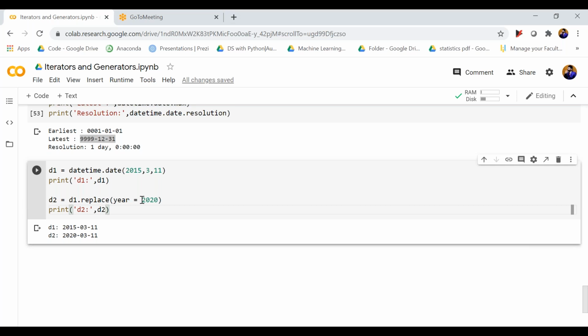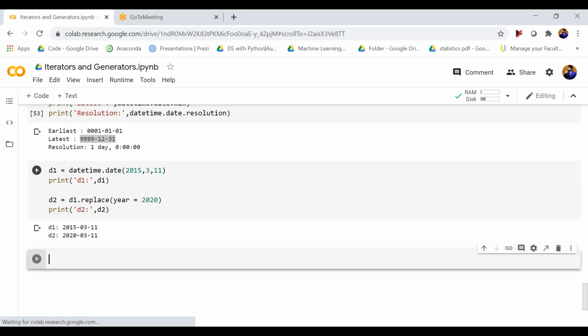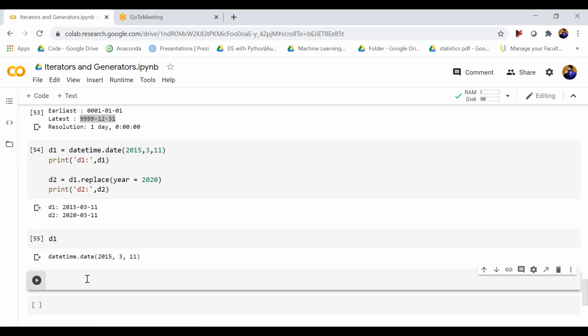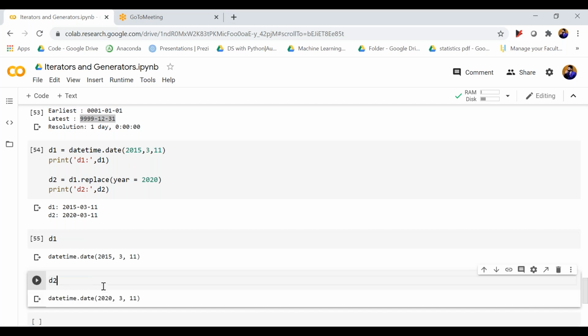Are we clear with this part? There are several functions. So the datetime module is really great if you work with timestamps. Even some libraries like NumPy also have some inbuilt functions. So this is another thing. So now this is my d1, this is my d2, and let's say